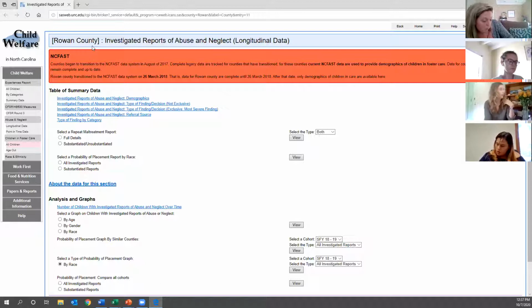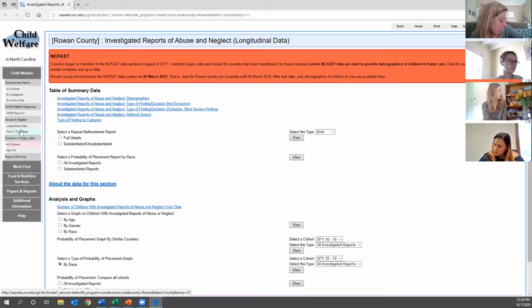The next important thing to look at here is what's in parentheses, which is showing me that it's the longitudinal data. Because I know that most of you are using the point in time data, I want to show you all where to get that. As I mentioned when I was on that slide earlier, that is in the gray box on the left-hand side of the screen.